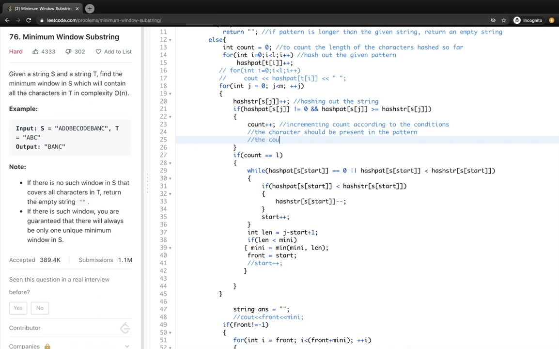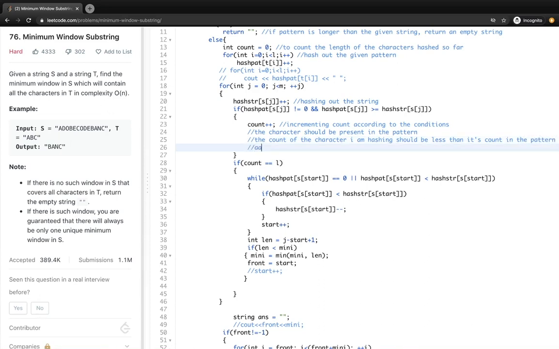That is, the count of the character I am hashing should be less than its count in the pattern. For example, AABCD, if you remember. If A is repeating itself twice, but in the pattern it is only once, I do not need to hash it again. So I increment the count according to these two conditions.